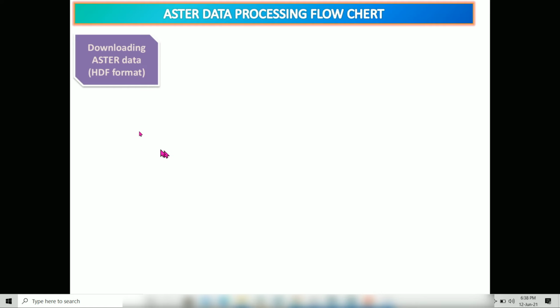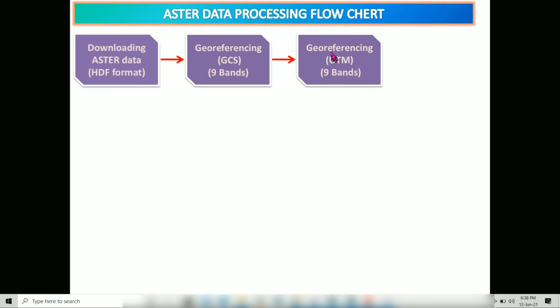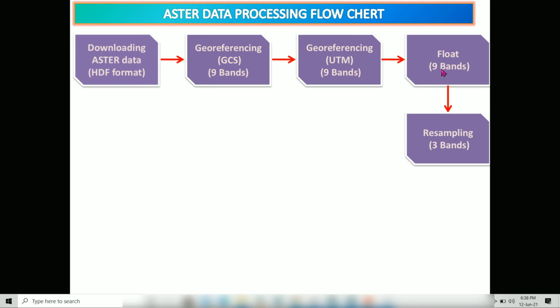First of all, I downloaded the raw data from USGS Earth Explorer in HDF format, and after extraction I did the georeferencing for all the 9 bands, and then the UTM projection for all the 9 bands, and then I converted all the 9 bands into float, and then the resampling has been done for band 1 to band 3, and in the last step I have done the band combination for only 3 bands.